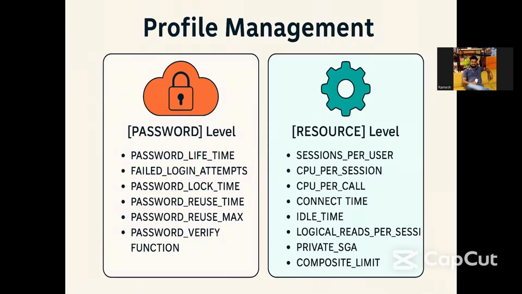So how can we do it? I will tell you here. See these views: this is the password level and this is the resource level. At the password level, for example, PASSWORD_LIFE_TIME means the lifetime of the user's password. Then FAILED_LOGIN_ATTEMPTS: if we set it to three, the user cannot fail more than three times. If it is two, then two. Then PASSWORD_LOCK_TIME, PASSWORD_REUSE_MAX and PASSWORD_REUSE_TIME, and then